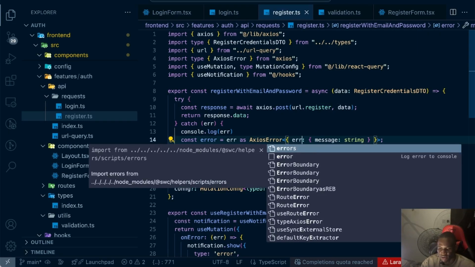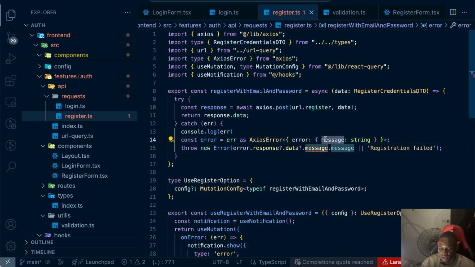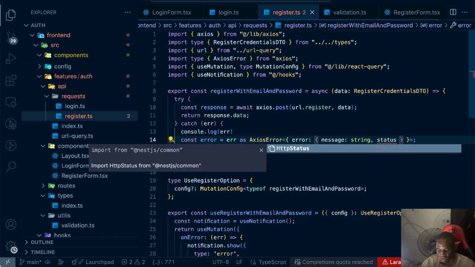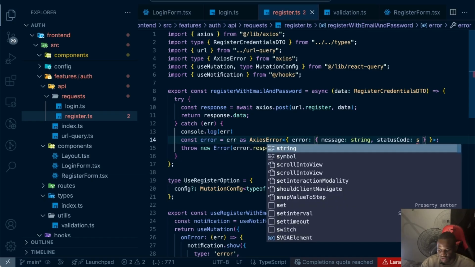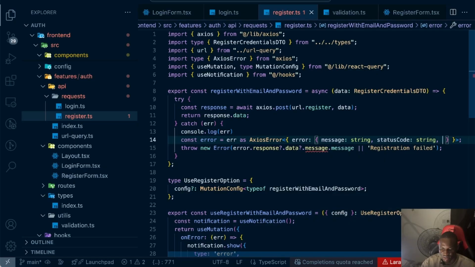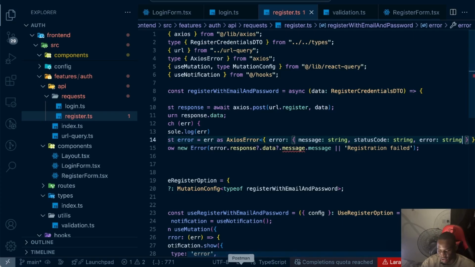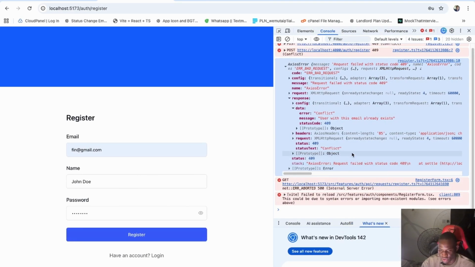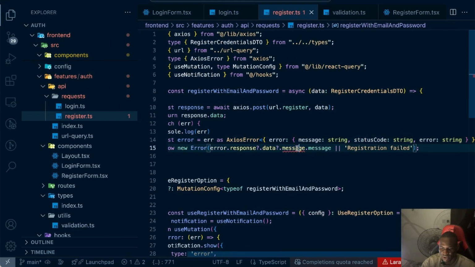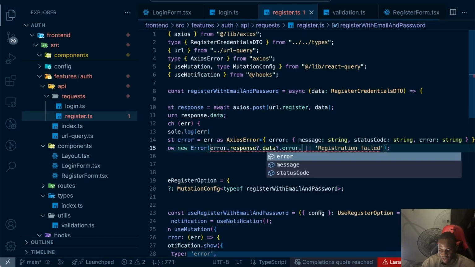Error, because we have message, we have status code, which is string, we have the error itself, which is also a string. Let me quickly confirm that. Error, message, status code. Okay, so right here we can just say error data dot error dot